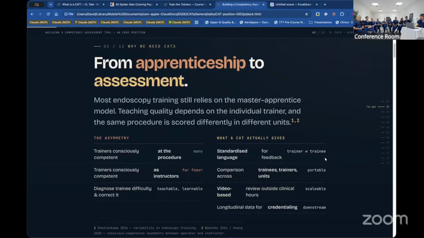It allows the trainer and the trainee to be on the same track. It allows comparisons between trainees and trainers, and not this one, actually. This allows comparison between trainees. Hopefully in the future, we might develop one of these which allows comparison between trainers. So the ones you will see today will allow comparison between the trainees in terms of procedures in different locations, between different procedures. And that is super critical because EMR procedures aren't all the same. If you think about a 15 millimeter polyp in a sigmoid, easy access,